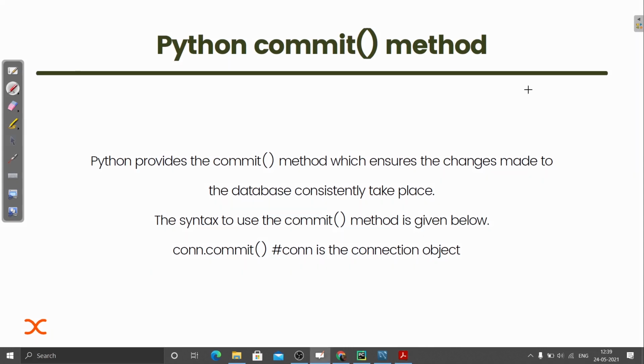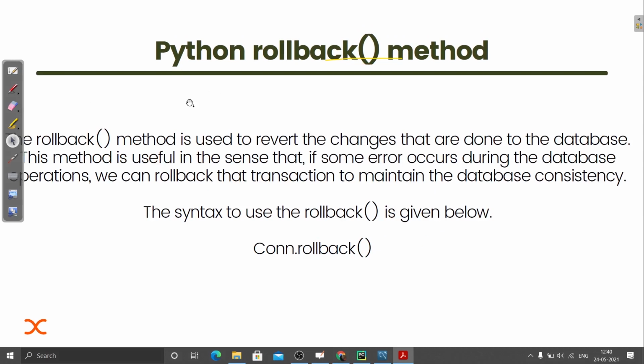Last, some important methods, starting with the commit method. Python provides this commit method, which ensures the changes made to the database consistently take place. The syntax is the connection object that you have created, dot commit, and that will make sure it is consistent. The rollback method we have used again and again while coding.